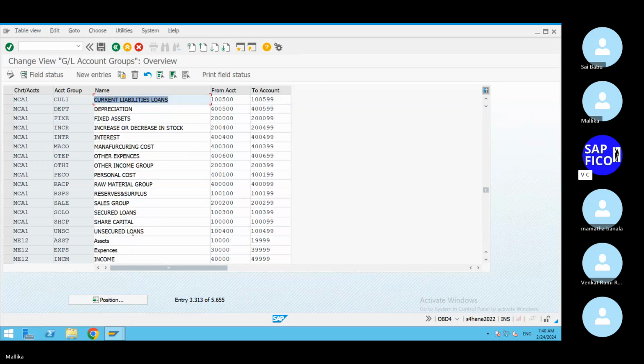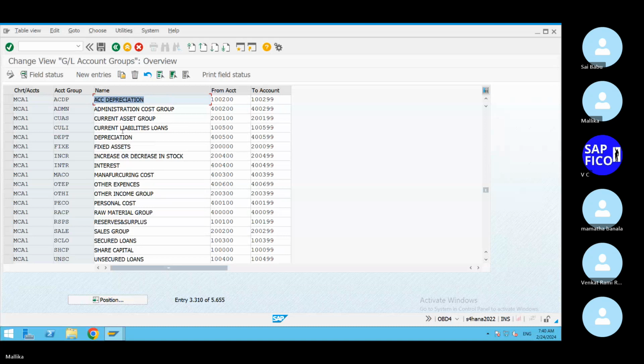So what is your retained earnings account? 100100 reserves and surplus is there for MCA1. Very good. This MCA1 reserves and surplus 100100 is there. So this is there. Now what we need to do is